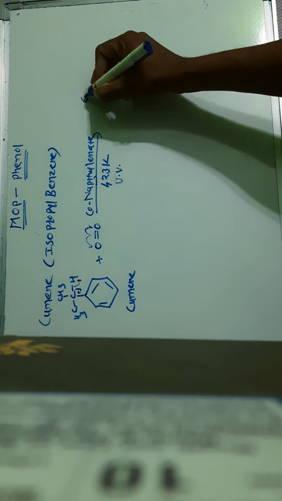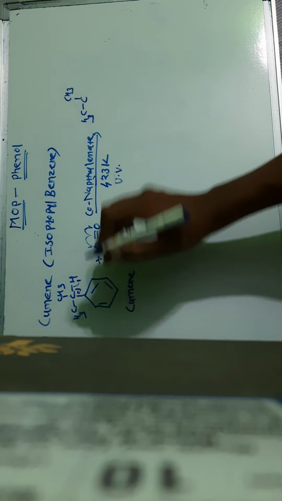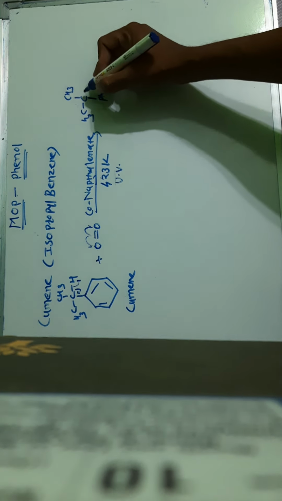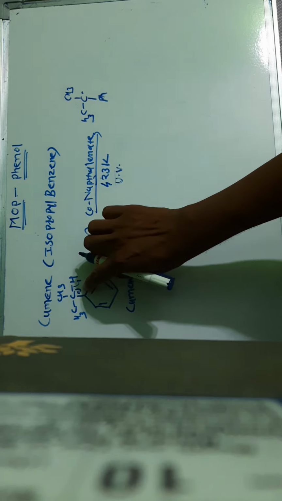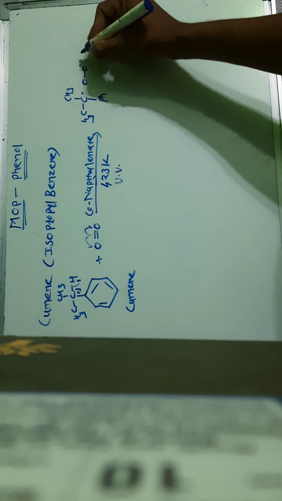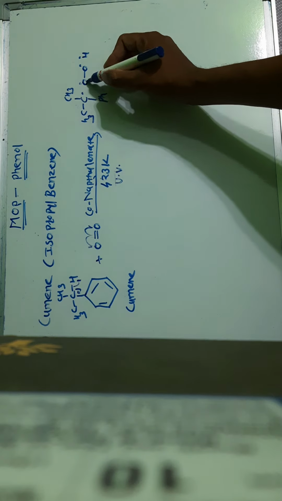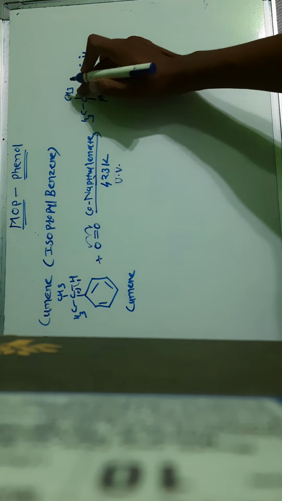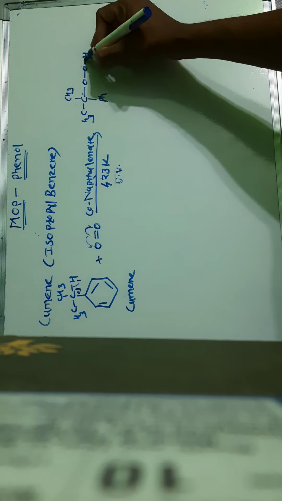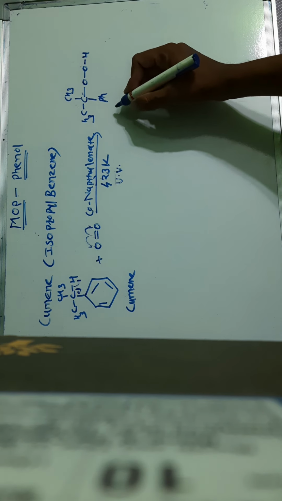We can see here CH3. This benzene ring, now we write just the phenyl group, Ph. This forms a carbon free radical, a single-bonded oxygen free radical, and this is the hydrogen free radical. Now this oxygen and carbon share their electrons and form a covalent bond here, and this oxygen and hydrogen share their electrons and form a covalent bond. In this way we get the intermediate product, cumene hydroperoxide.